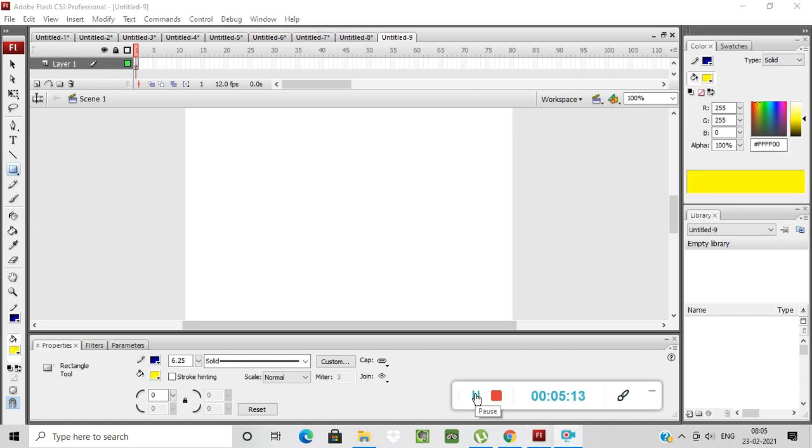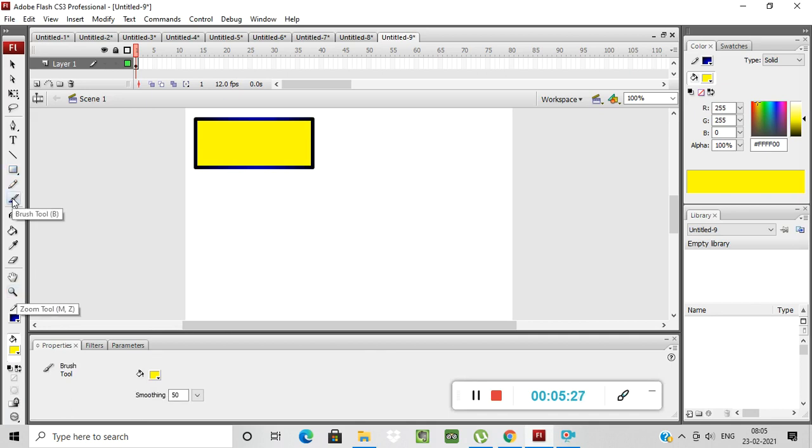Now the last point is painting with the brush tool. For that, first you need to draw a rectangle over here. After that, select the brush tool, and see here the brush mode is available at the bottom of your toolbar. Select the brush mode as paint inside.